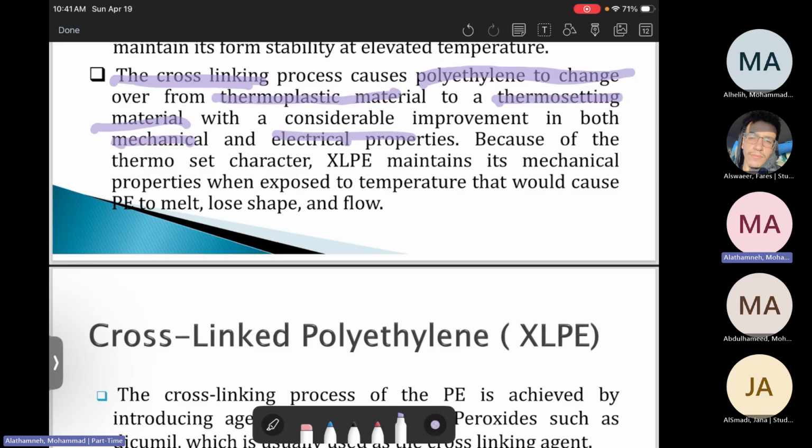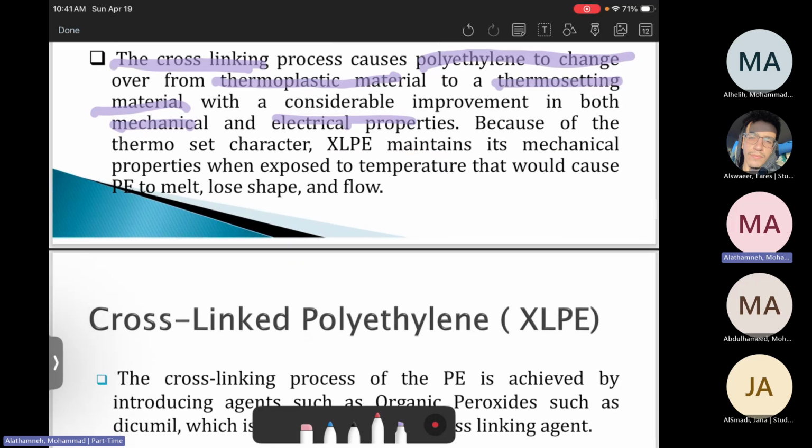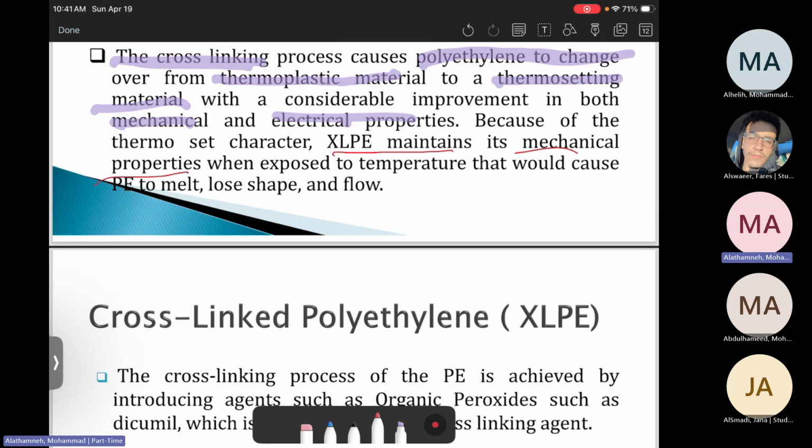Because of this thermoset character, XLPE maintains its mechanical properties when exposed to temperatures which cause PE to melt, lose shape